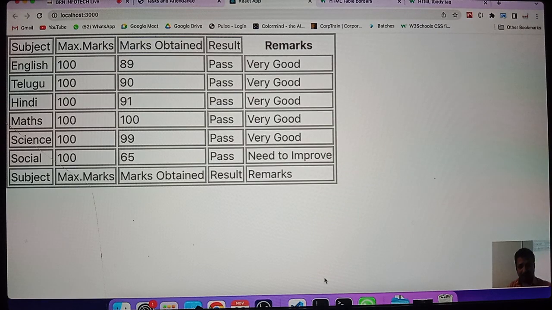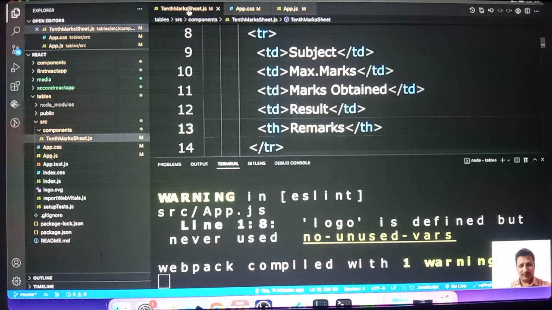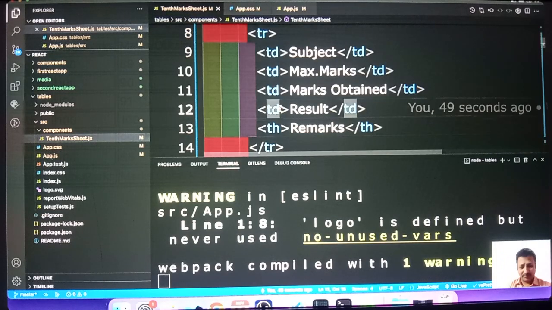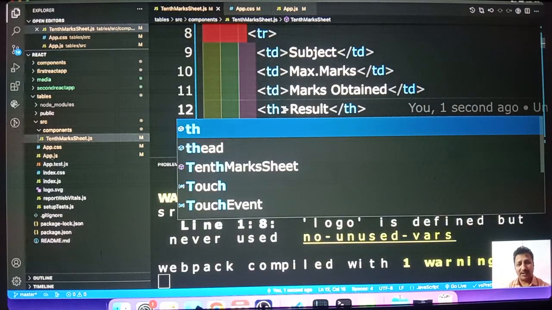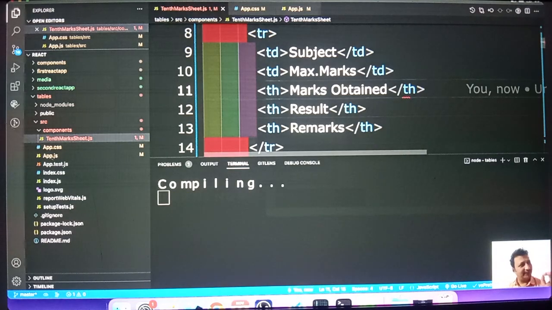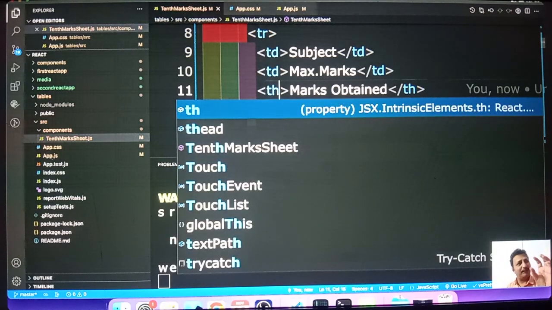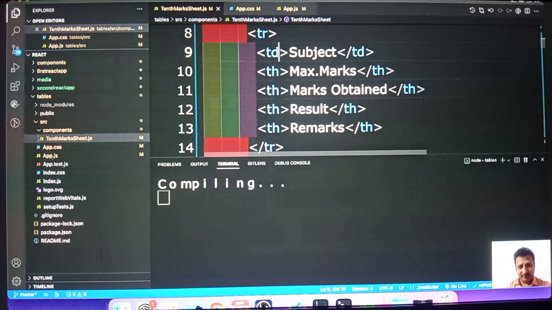Okay. Now I will give the same TH for this also. I have used the auto rename tag. So if I change the starting tag, automatically the ending tag is also changed. So here also I am giving. Understand the difference between TD and TH. TH means it shows the content in bold and center. TH, TH, and